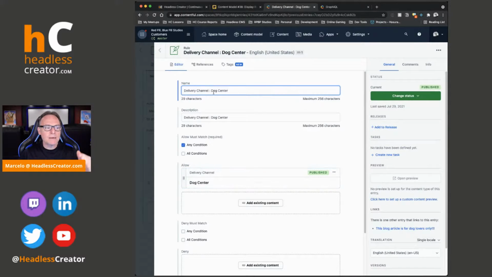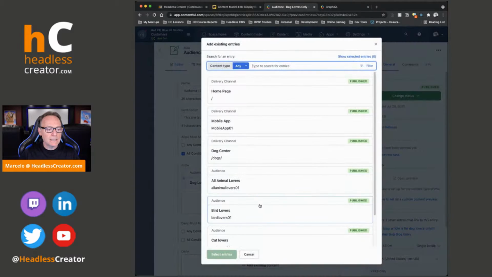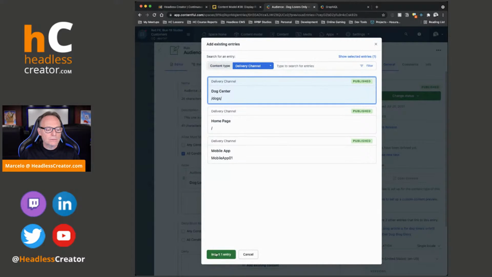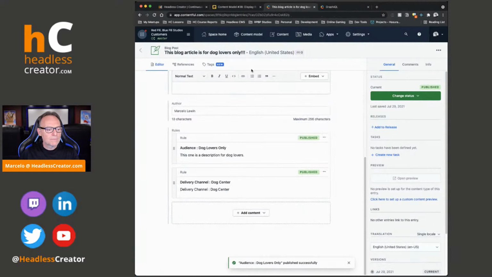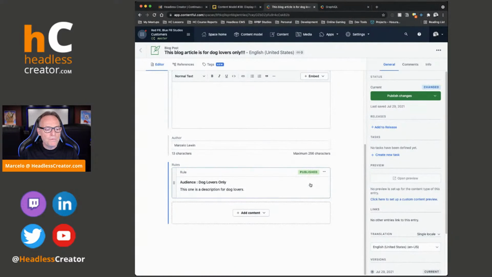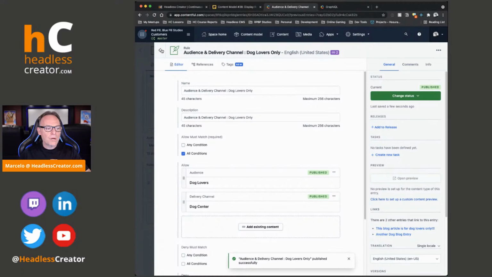Now, I decided to separate it so I can see the rules here. We could here add existing, say delivery channel and dog center, and insert. We can publish that. And then under delivery channel dog center, I can remove that. And now we're going to rename this rule to audience and delivery channel. Right, we'll do that. So now we have one rule with